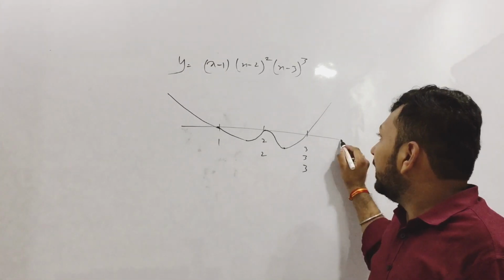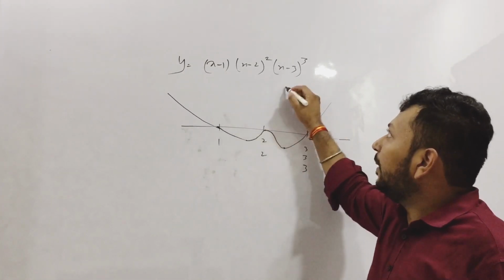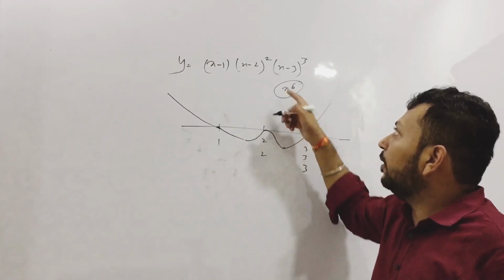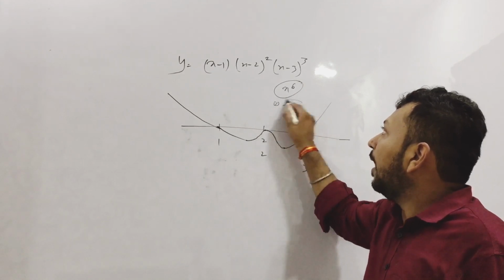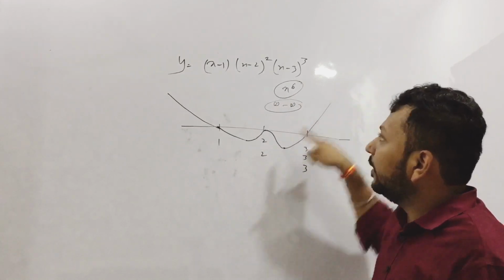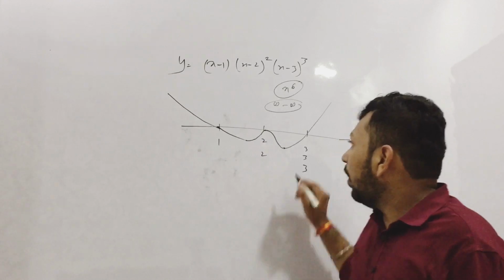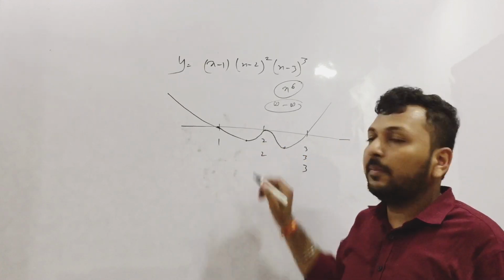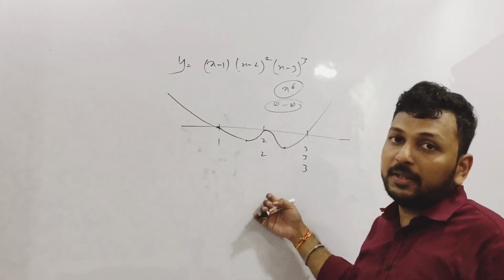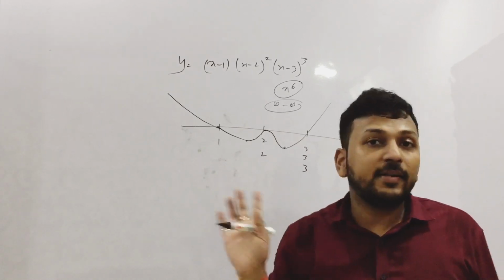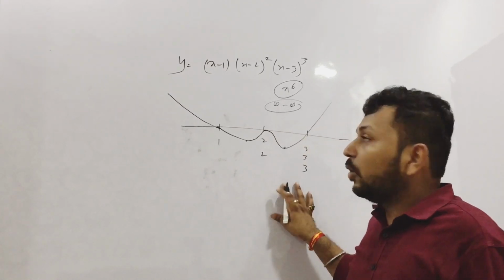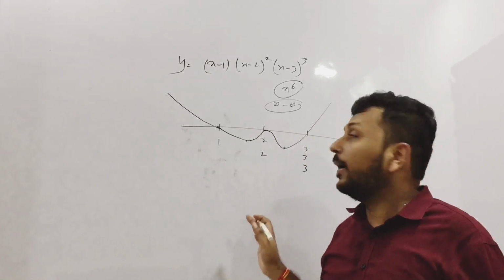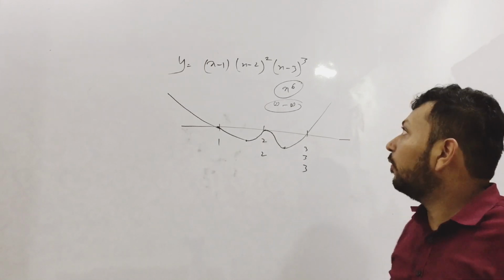Okay. So let us also check. The maximum power is x to the power 6. If we put minus infinity or infinity, the answer will be positive. That is how it is coming. Yeah. Now how do you find the minimum values? You can find from the derivative. But this will be the graph. And the range is not from minus infinity to plus infinity. This is a continuous graph, this is a differentiable graph, and all the other things you can draw from this.